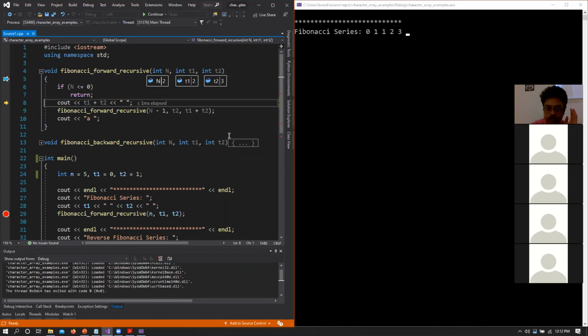Still the base case has not been reached, prints out 5, calls it again, we have n equals 1, prints out 8, calls it again, and now t1 is 5 and t2 is 8. But the base case is now satisfied, so it would now go to this return statement here. Once we have reached this return statement, I want you guys to tell me, after this return statement, given this code, which line number am I going to go to?